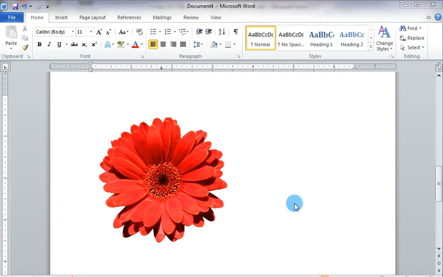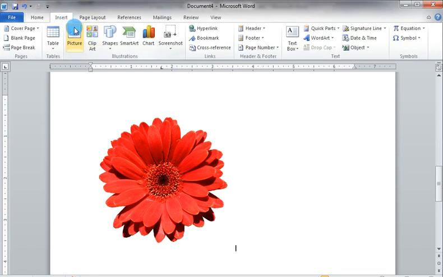And clip arts are predefined images available in the document, and if you want to insert a picture from your computer, you can use the picture command in the illustration group of the Insert tab.